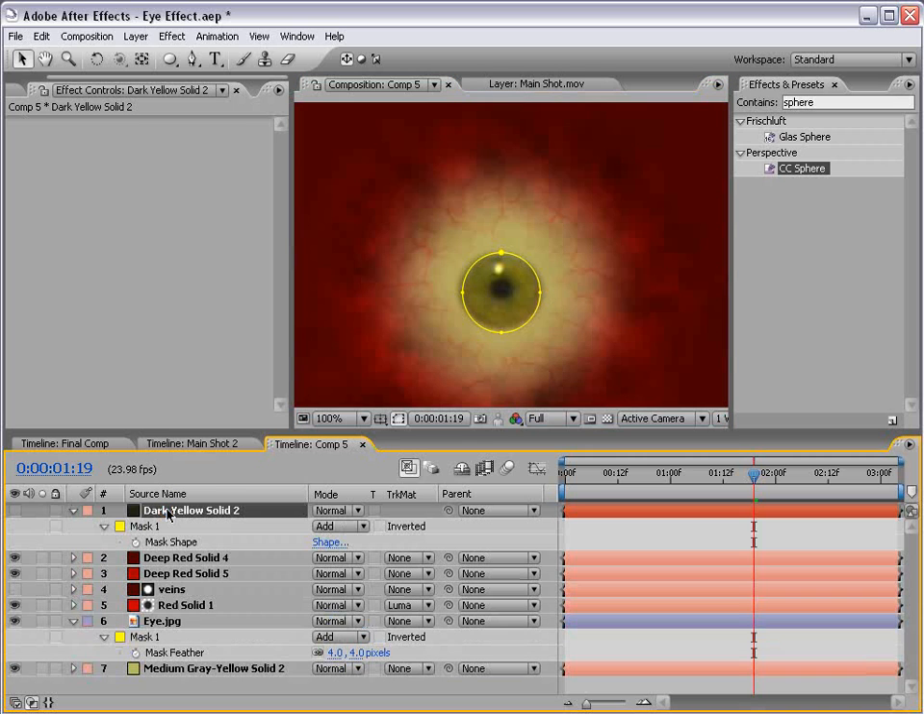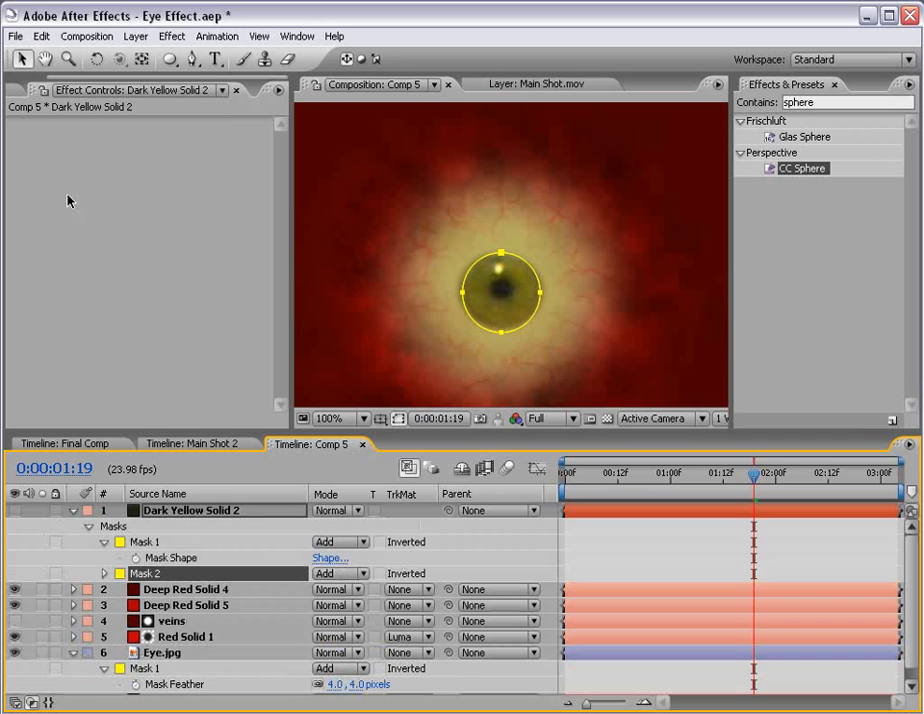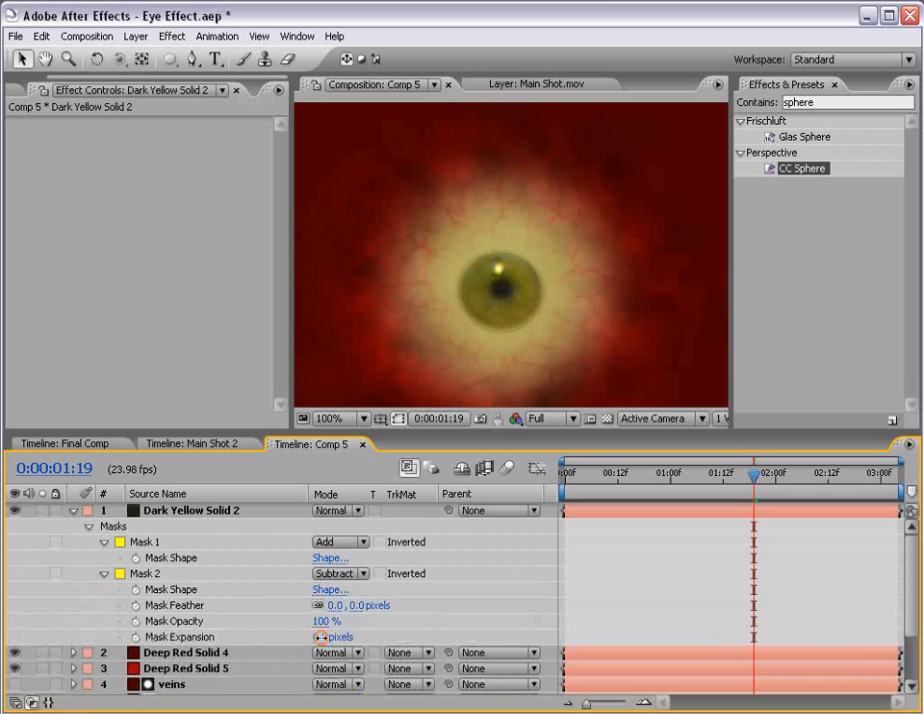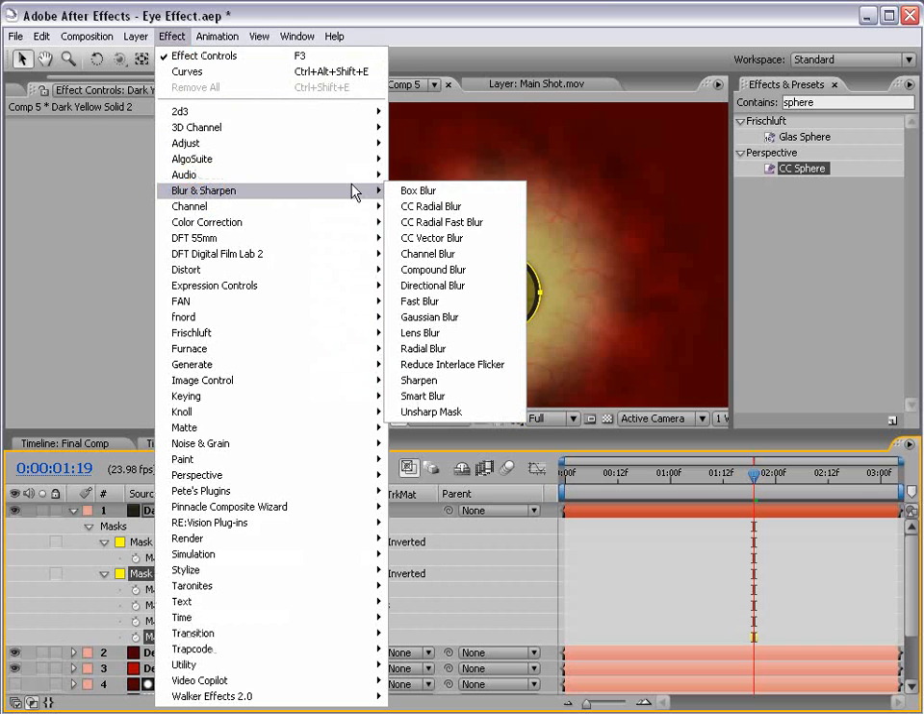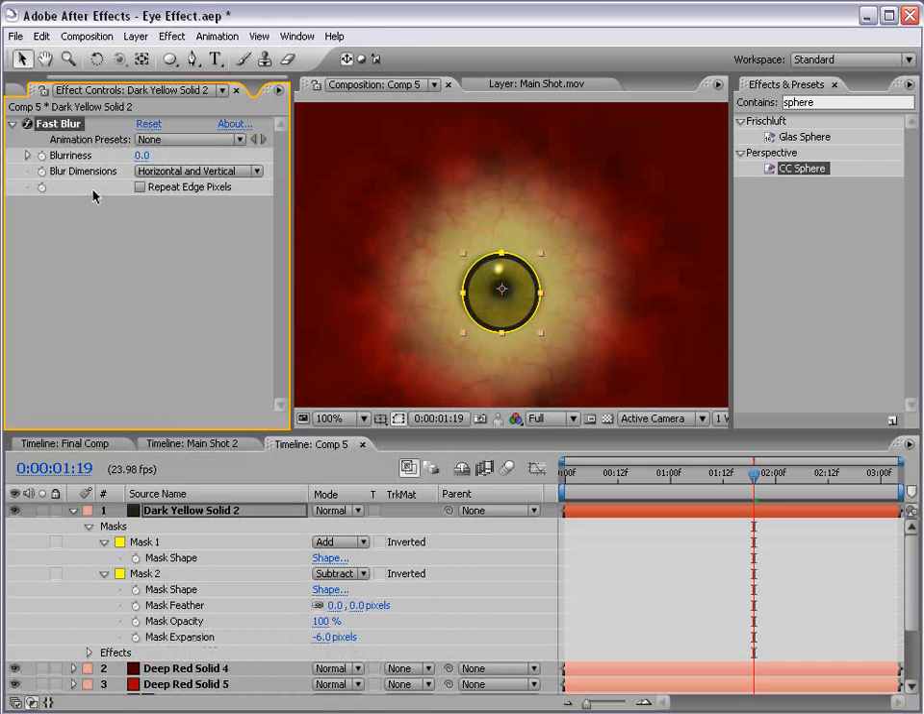Then I'm going to hit M, select the mask, and duplicate it. And then, let's see, turn it on. I'm going to set this to subtract, and then bring the second mask down and bring the expansion down. So I've created just a ring there. And then I'm going to choose Effect, Blur, Fast Blur. We'll set this to like